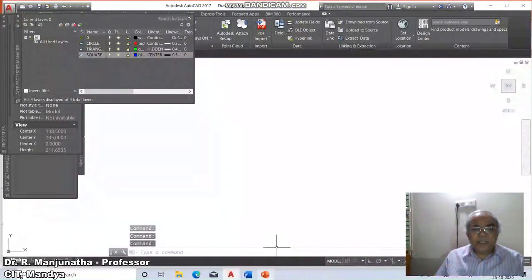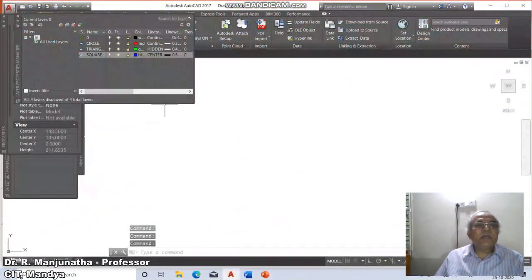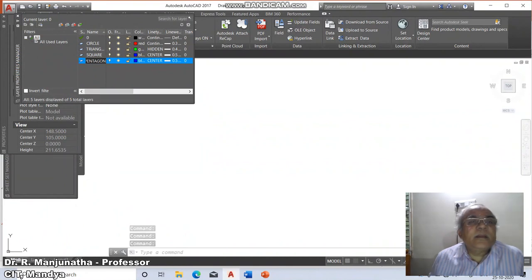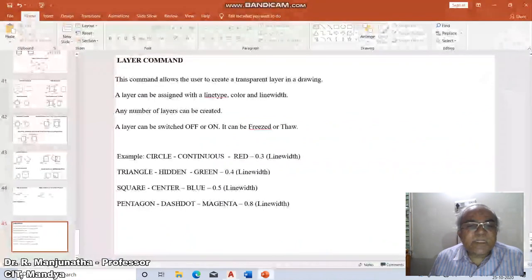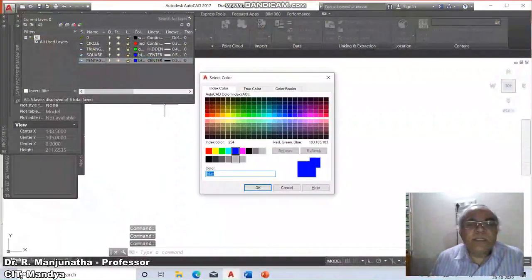Similarly, the next one is the pentagon, which is here. Again create a new layer and write pentagon. Then the color of that is magenta and the line type is dash dot. So the color of this is magenta, which is here. You click on this.